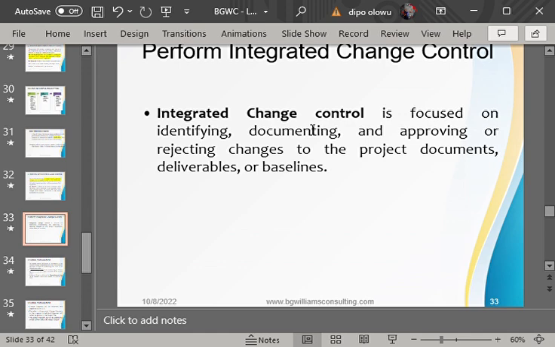No. It is not all the changes that you should accept as a project manager. Excuse me, sir. Why? Which kind of change should I not accept? Any change that is not in alignment with the project objectives. Remember, when we're talking about the business case, the business document, any change that is not in alignment with the business document or the original project objectives for that particular project should not be honored.